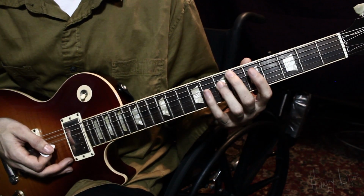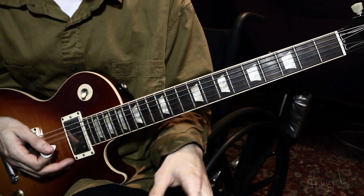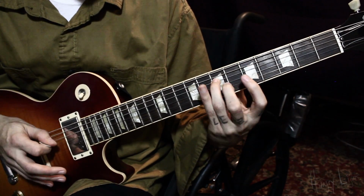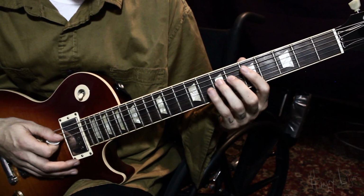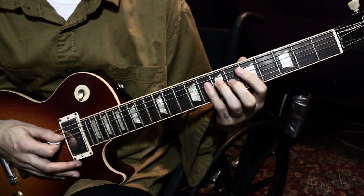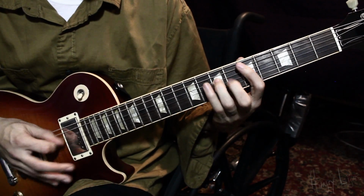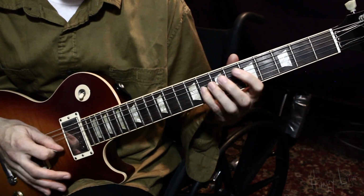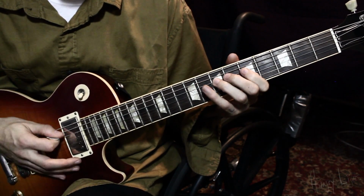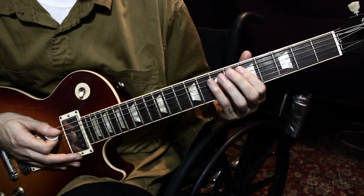So you play that a bunch, and then finally the song's just gonna drop into that riff that you've been hearing the entire album, which is pretty much gonna start right here in that sweet spot, right here on D7, and then 8, and then 5, and then here again, and then to G, and then G again, and then A, and it's just all right in that zone. So it's like,